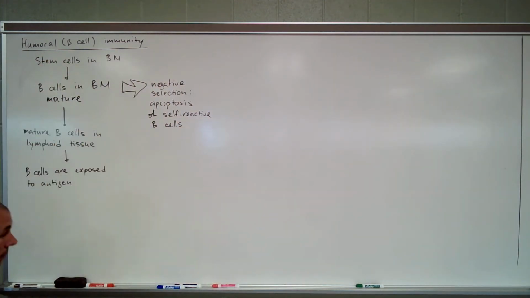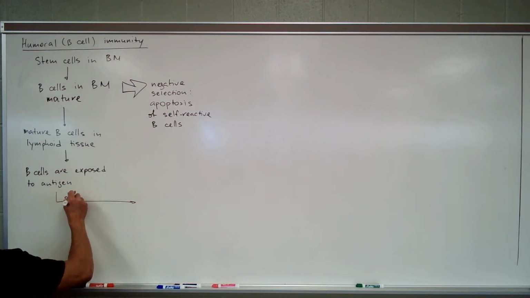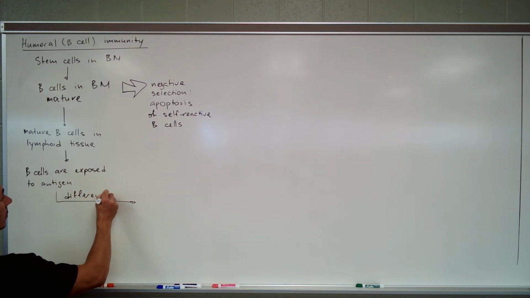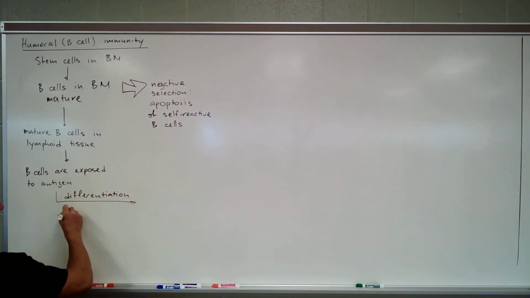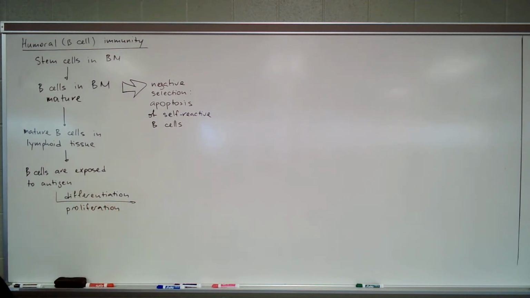So, once they get activated, they undergo differentiation and proliferation. Differentiation means that cells become more specialized. Are we clear? Proliferation means that they become more numerous. This is why, for instance, in some patients who received the COVID vaccine, swelling of the lymph nodes was reported. You know, they grow, there's a lot of them,